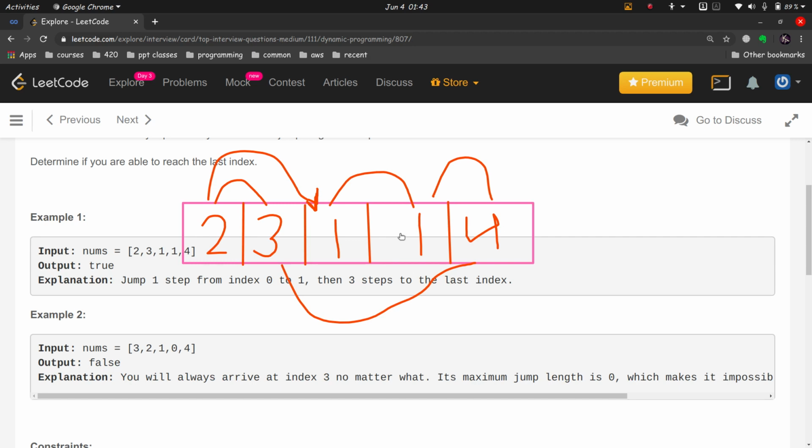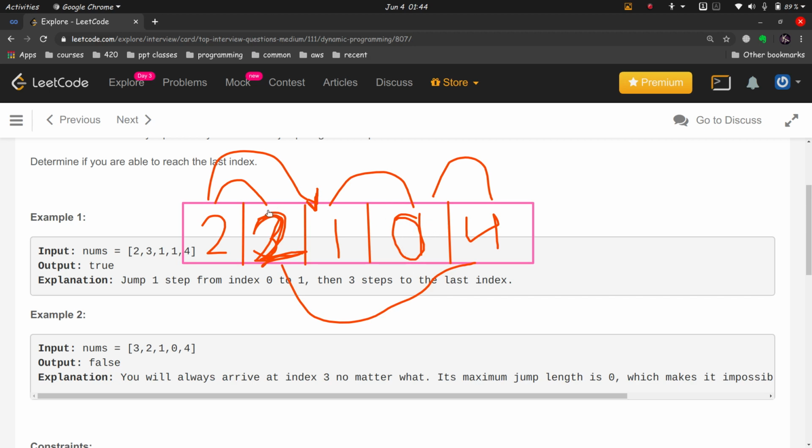Now if there was a 0 present, let this element be 2, so consider this as a 2, not a 3, and let this be a 0. If that were the case, then there is no way to reach the end, because if we are at this position, then the maximum we can go is this position, and this is 0, so we will be stuck here.